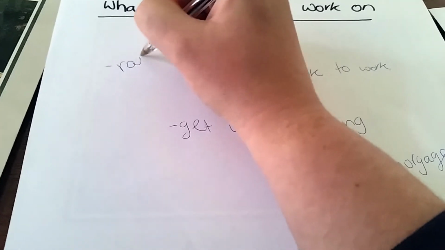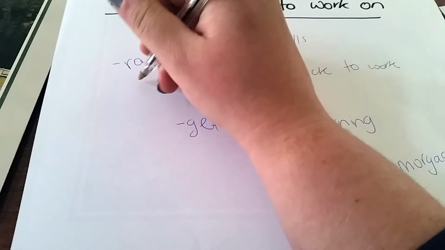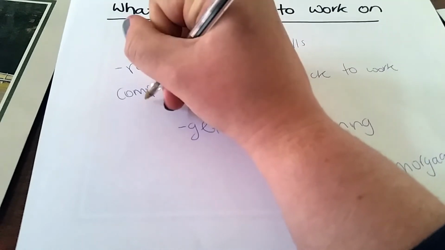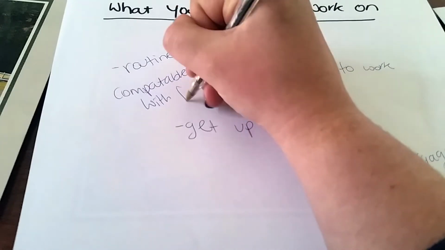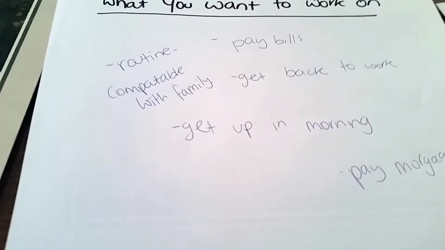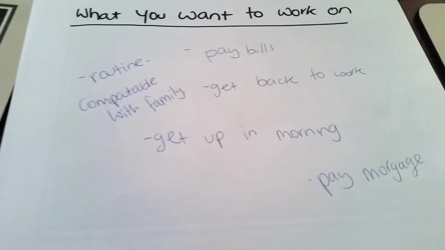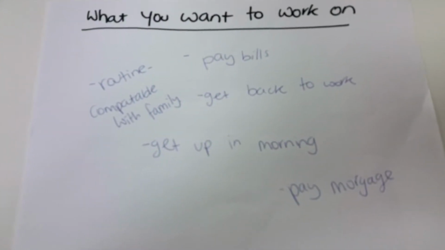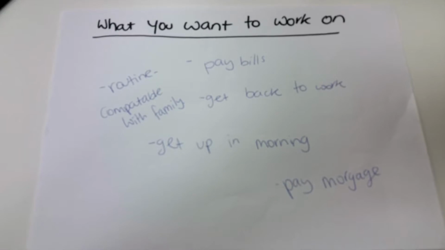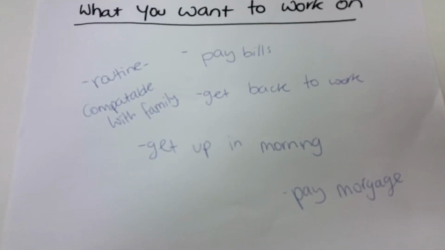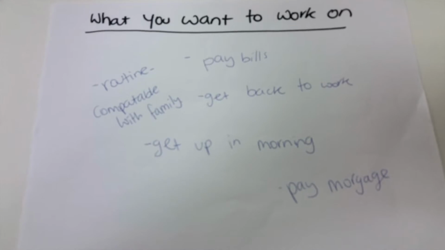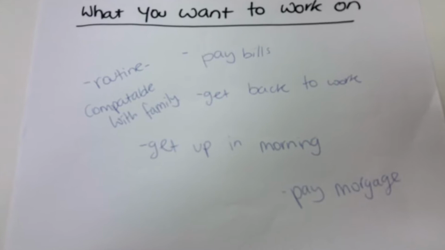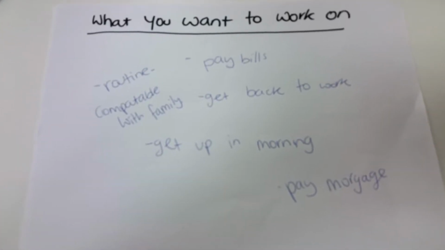Yeah. So how have you been going with your routine in your life? Have you been able to get up in the morning, or are we still struggling? Struggle. Yeah, so because I don't have to go to work, which means I don't have to get up. I tend to go to bed late at night because I don't have to get up. Yeah. So you'd really like a routine that is more compatible to your family? Yep. And the routine is, it's one long weekend. Yeah. Well, at point of fact, that's what it is.